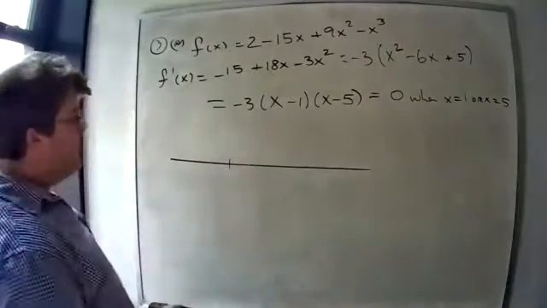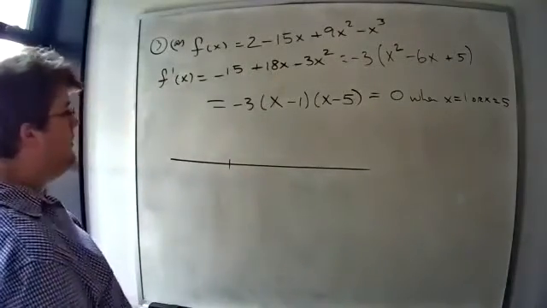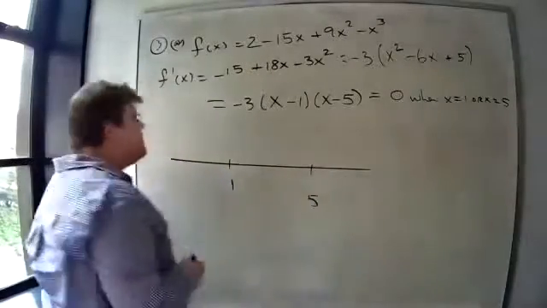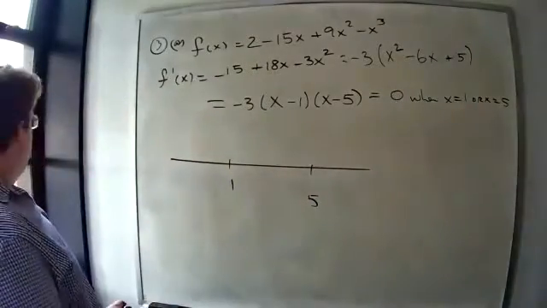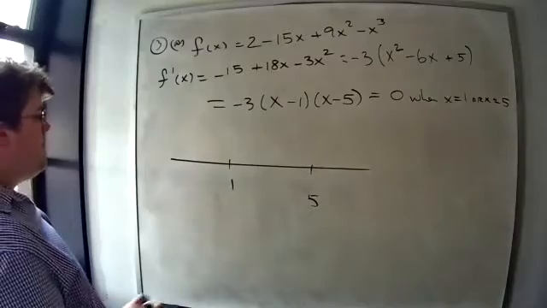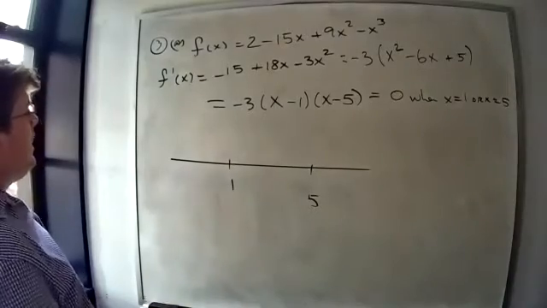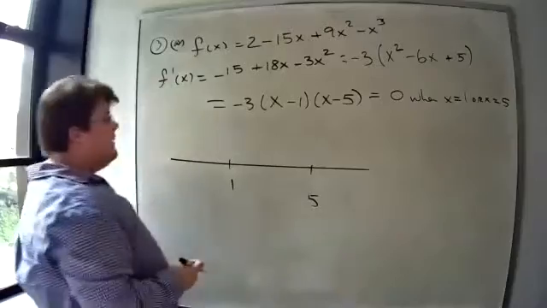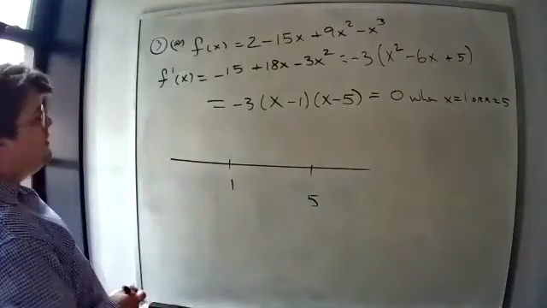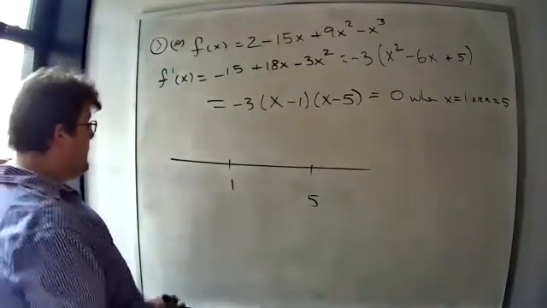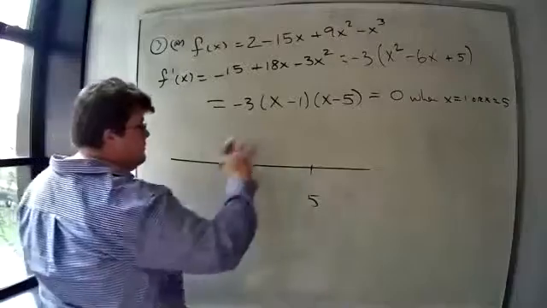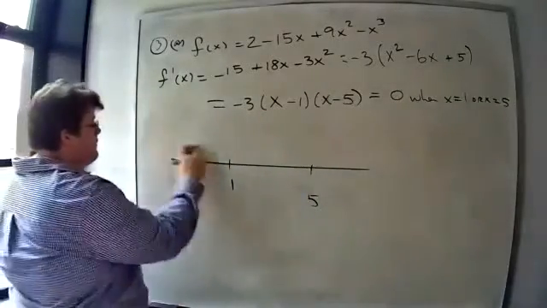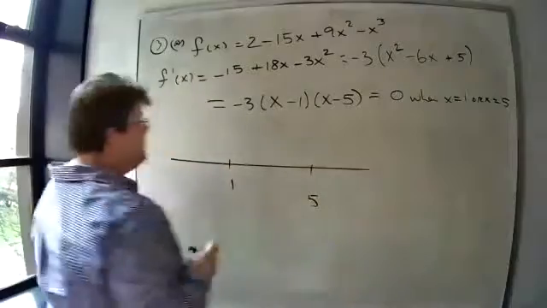I'm not going to be able to fit all of this work on one board, so I will have to erase something eventually. So we have that the derivative is 0 when x is 1 or x equals 5. In general, for non-polynomials, you would also have to find where it's undefined, but this is a polynomial, so it's always defined. And now we use 1 and 5 to break the real number line up,